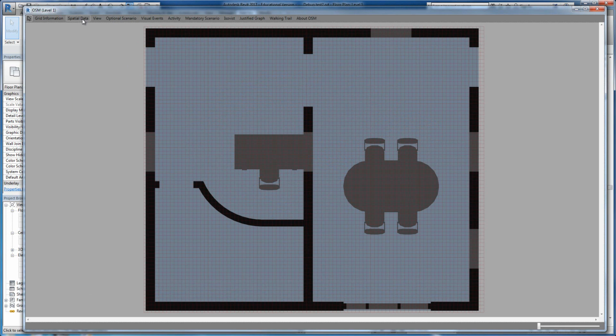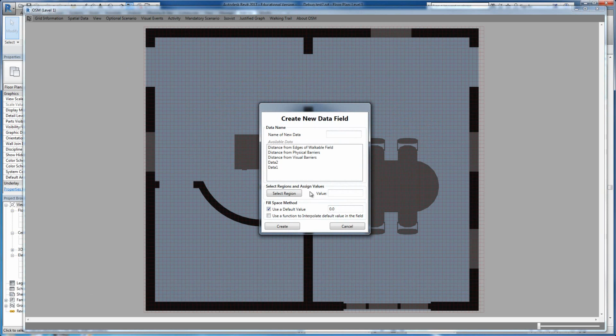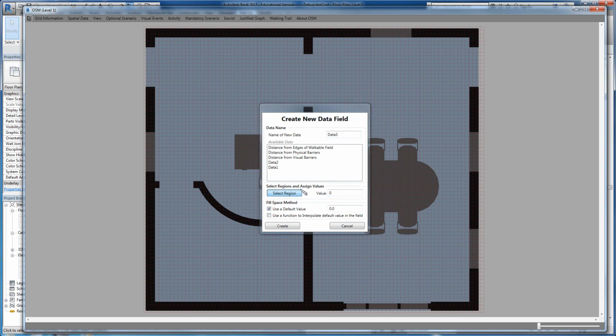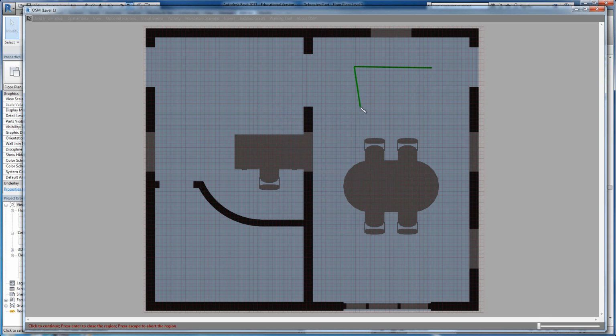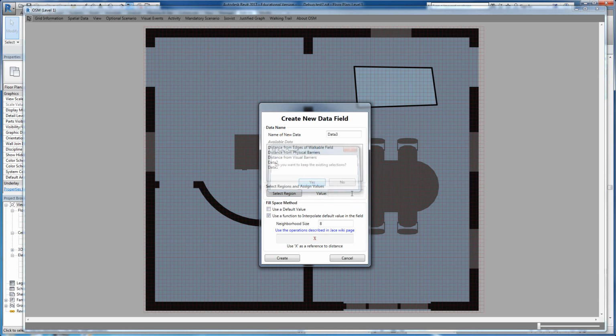Now we can do something more interesting. So let's say that we want to create a new field of data, give it a name, data3, default value of 0, let's say only this polygon, and you can use another function to do that. So let's say our function is going to be sine of